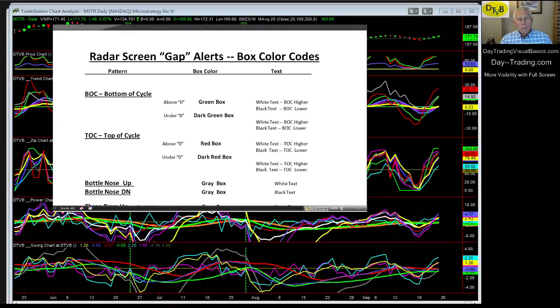There's two alert systems that we have. The one is the aftermarket. That's $295. The gap alert system, which I'm just going to highlight